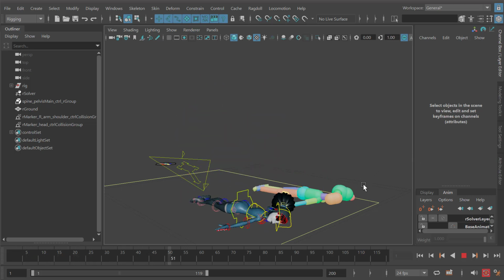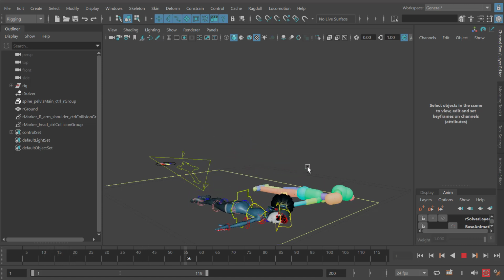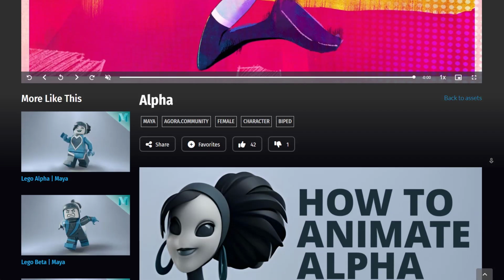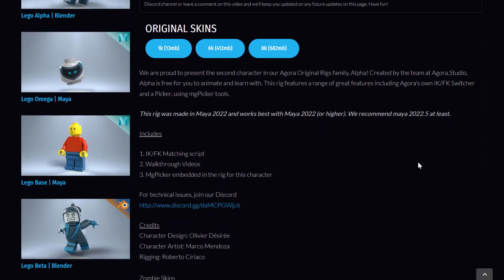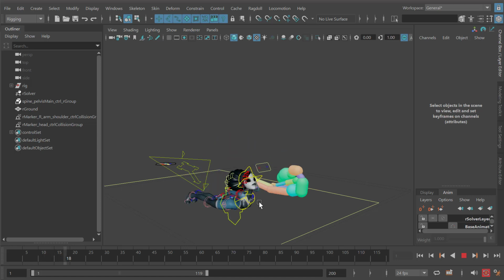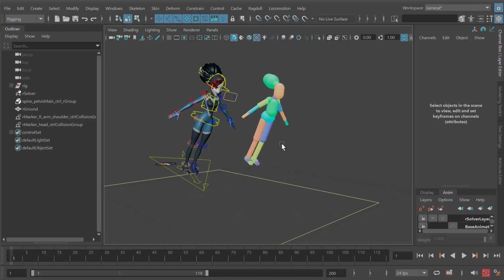All right, so let's have a look at how to set this character up right here. This is the alpha character from Agora. I'm going to load the character fresh and set it up to look like this. It includes the hair. There's no limits and no fingers. But the overall approach is to try and stick with the controls rather than any joints or any